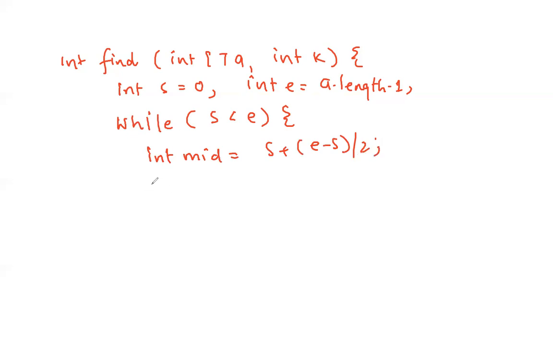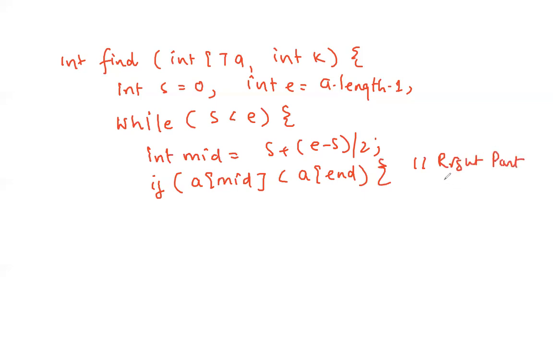And now this is where your moment of truth comes in. First we search if we get k, just the base condition. In the base case, if A of mid is equal to k, then we return mid. That's correct actually. And since we are returning from the while loop, we can definitely do s less than or equal to e.